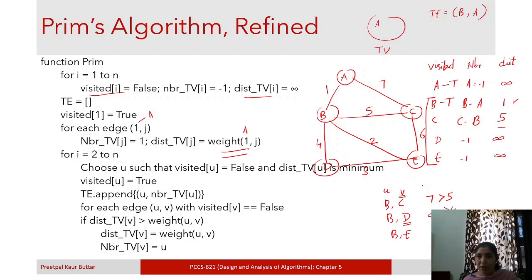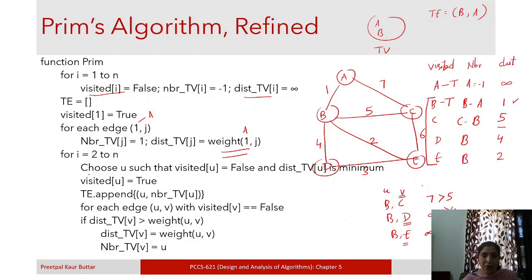Okay, so we will update it, it will become 4 and neighbor will be B. Similarly for E also, the previous distance was infinity and the new distance is 2, so we will change it. The neighbor will be B and the distance will be 2. Okay, so TE contains A comma B. Okay, so this is the first iteration.